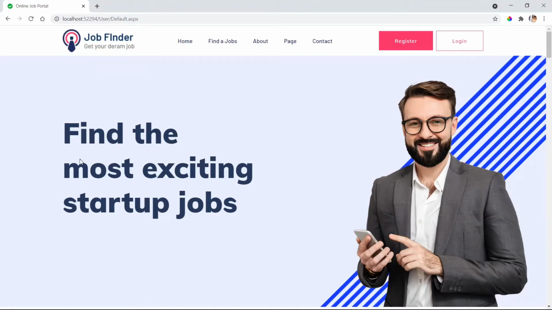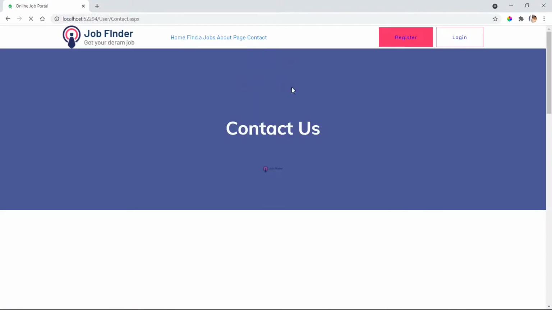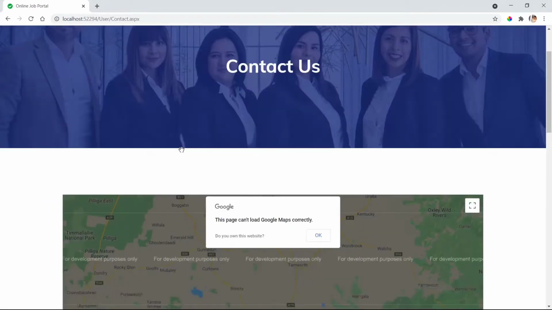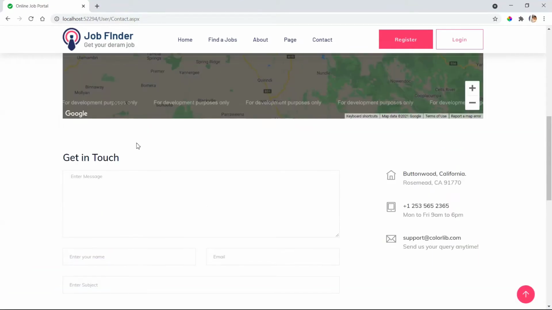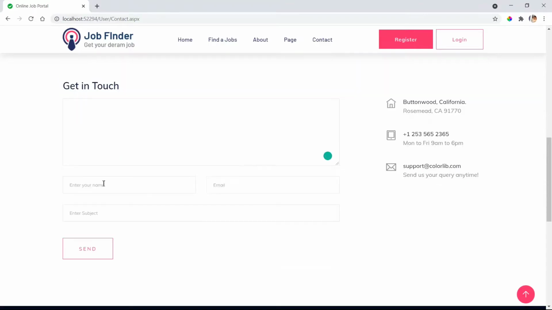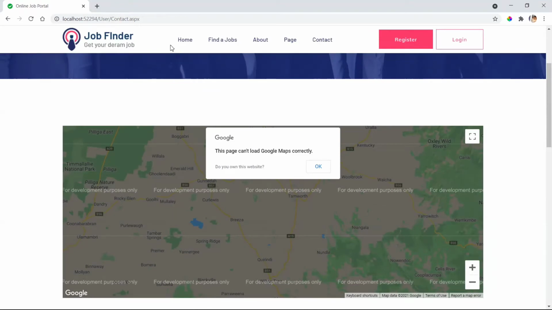In the previous video, part number 1, we integrated the Bootstrap template inside our project, and we also saw the contact us page where a user can contact the website owner or the admin, and it saved the data in our database. So in today's video we are going to see register and login.